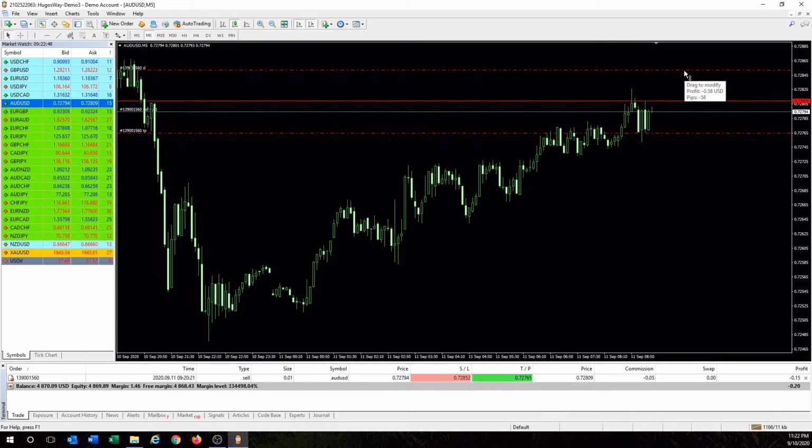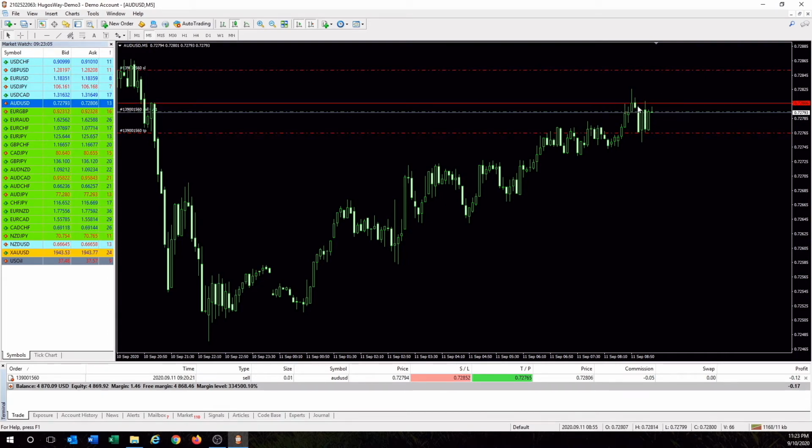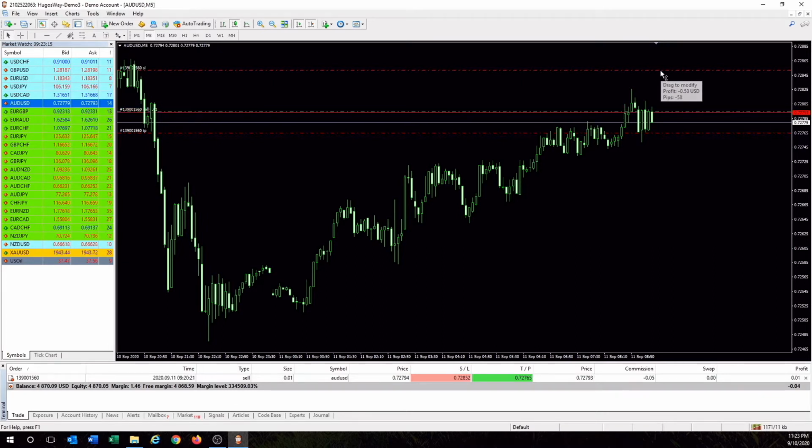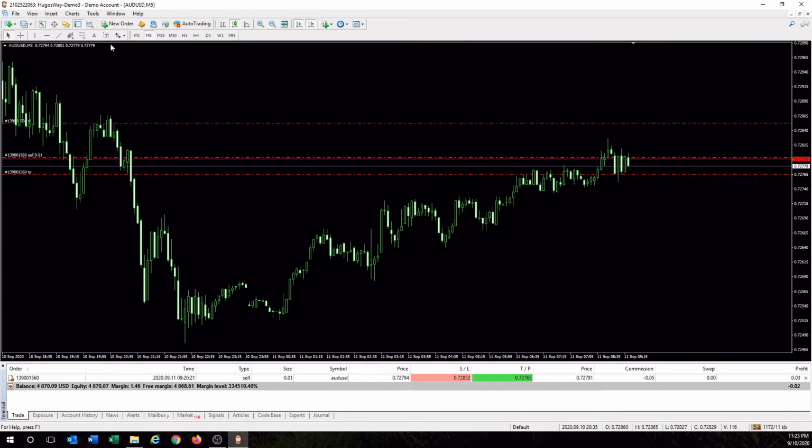I don't like having too much of a tight stop loss. It depends on the setup, but there's a saying that I've learned in the past: give your trade enough room to breathe, right? Because as price fluctuates, you have a little bit of a floating spread, and you also have little fluctuations that happen in the market, and you don't want your stop loss too tight because it's going to be triggered, and maybe you won't want it triggered, right? So that's why you give your trade enough room to breathe.